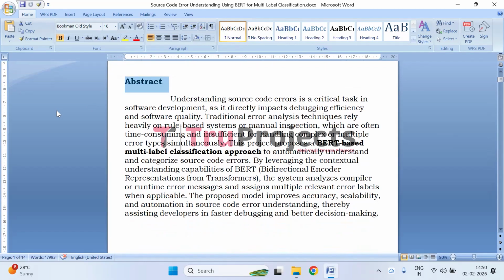productivity. Coming to the abstract, this abstract describes a project aimed to improve how source code errors are analyzed during software development. It highlights the limitations of traditional rule-based and manual debugging methods, especially when dealing with complex or multiple errors at once. To address this, the project uses a BERT-based multi-label classification model that can understand the context of compiler or runtime error messages and assign more than one relevant error category. By leveraging BERT's deep contextual learning, the proposed system enhances accuracy, automation, and scalability, ultimately helping developers debug faster and